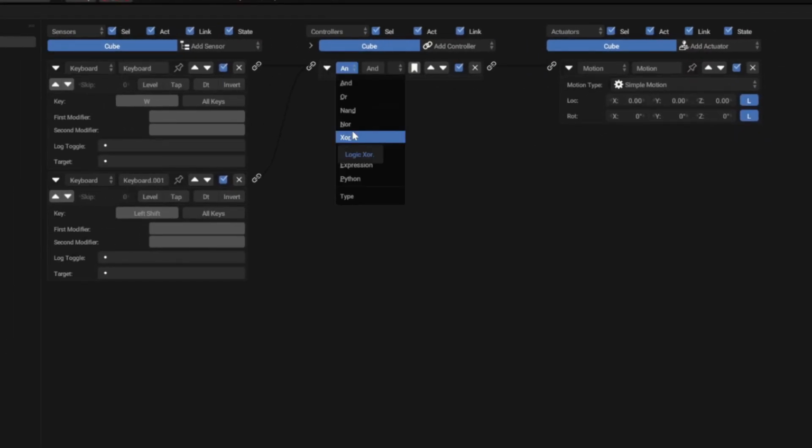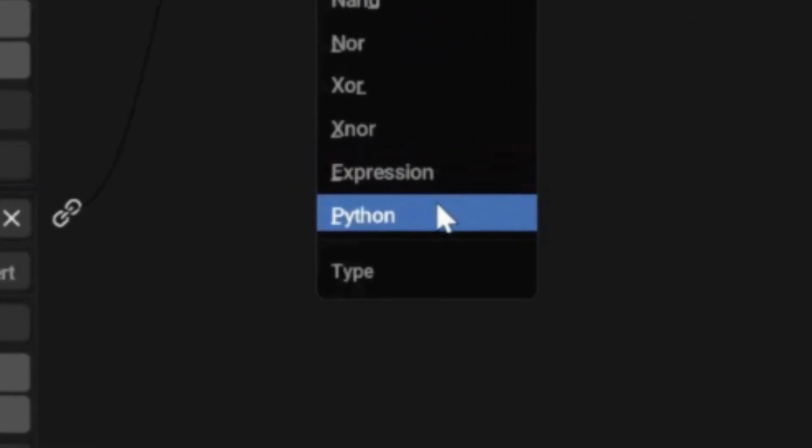Now, this is well and good, but if I wanted the sensor and the actuator to be controlled by a Python script,